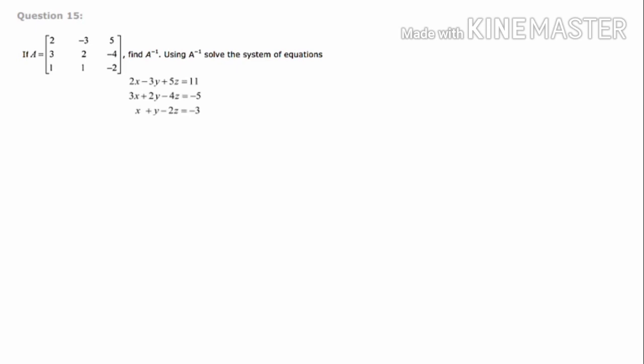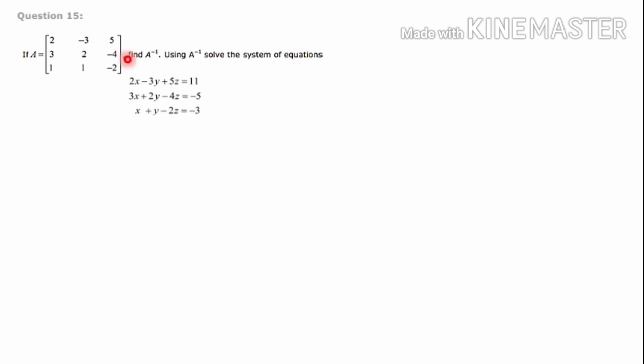From the examination point of view, this is a very important question. So please note these type of questions. And when you observe the given matrix and the given system of equations, you can come to the conclusion that the given matrix is a coefficient matrix of the given system of equations. You can see the first equation, the coefficients are 2, minus 3 and 5. That is here as first row. And the second equation, if you take 3, 2, minus 4 are the coefficients. That is here in the matrix as second row. And the third row elements, when you check, these are the coefficients of the third equation. So this is our conclusion by observing the question.